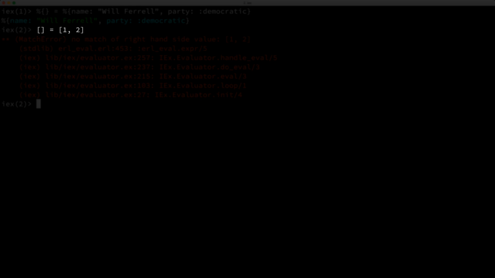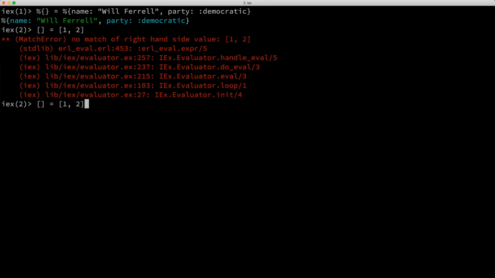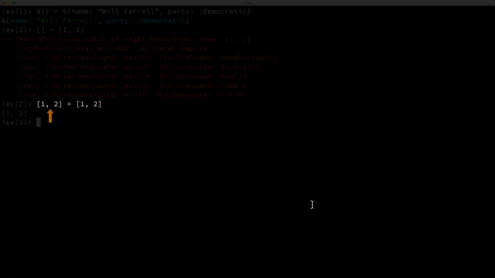So in order for us to make this a valid pattern match, we need to put something in here. The most obvious way to make this work would be to add a 1 and a 2 over here, and as you can see, this assertion is true. In other words, this list has 2 elements, just like this list, and the first element of this list is a 1, as specified by this 1, and the second element is a 2, as specified by this 2.